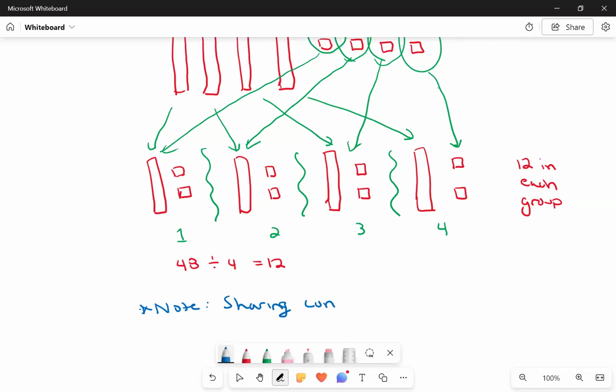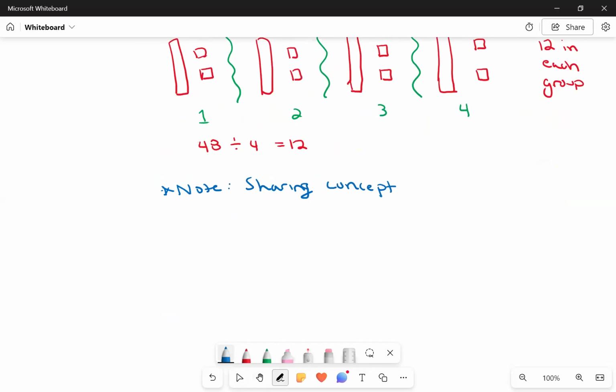The sharing concept. If I wanted to do this using the subtractive concept, I need to think of it differently. So coming back this time, I'm not going to emphasize that I want to use the base 10 pieces. I mean, I am going to use the base 10 pieces, but we tend to think about doing the smallest amount of piece drawings possible, right? When we're thinking of the base 10 pieces. So if I want to use the subtractive concept,